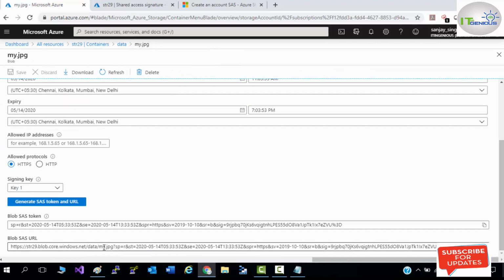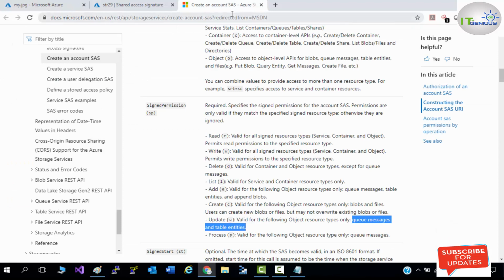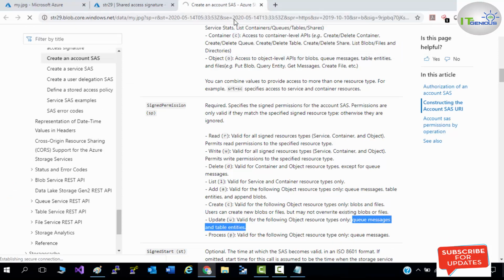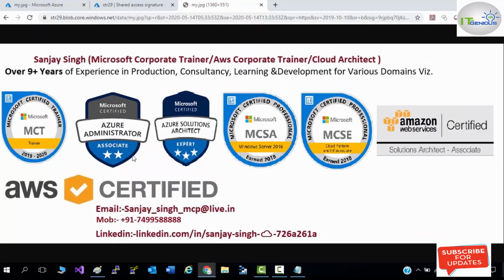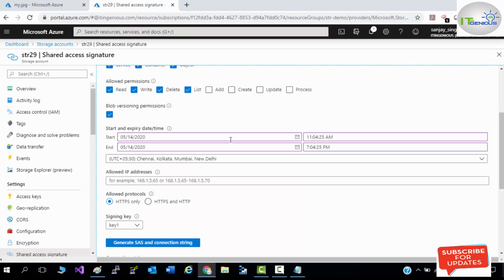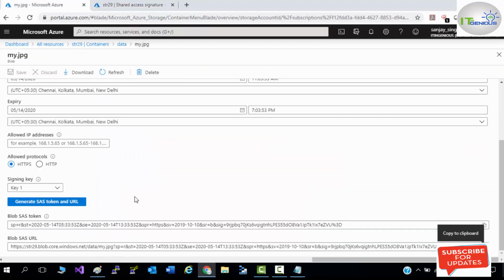Here you can copy this URL and paste it here, and you would be able to access your image, which is shared with your SAS URL. This image will be available only for the given time, and with the given permission.